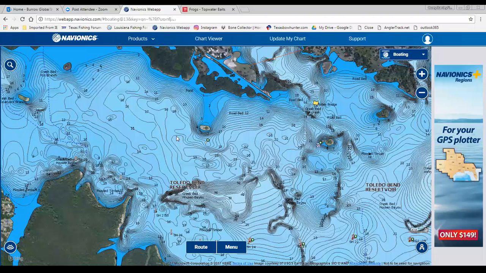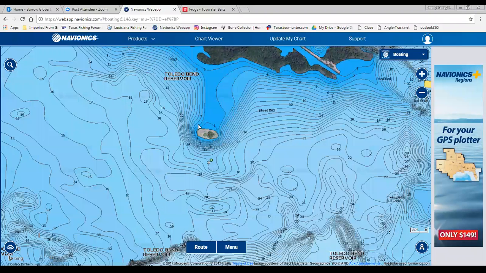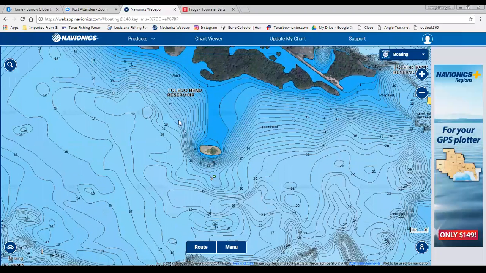But it always seems like those pads that are closer to deep water. So like you can see this island right here. There's a sharp drop all the way around it. Normally all around the back side of this, as you can see, I don't know if you can see my cursor or not, but it's solid pads up here. Well, the most productive sides are these real steep drops that are right there next to it,